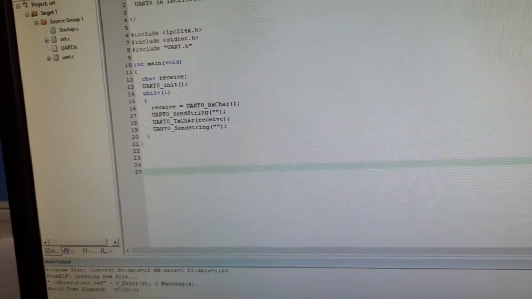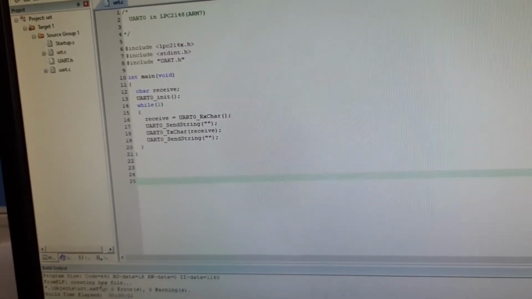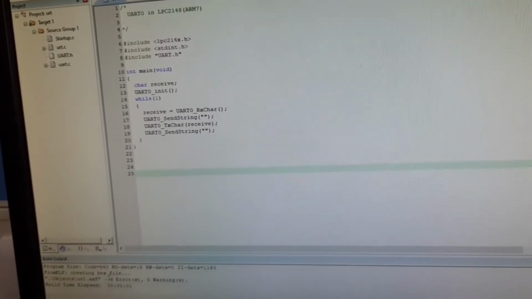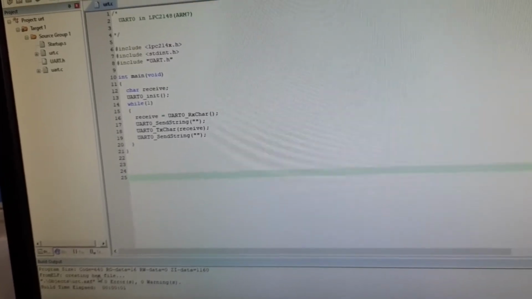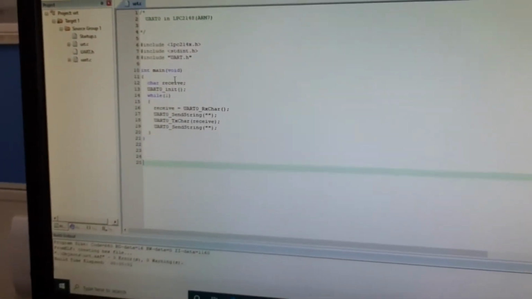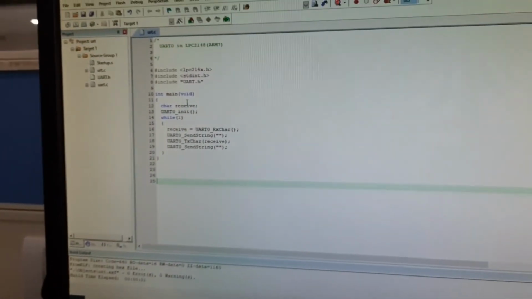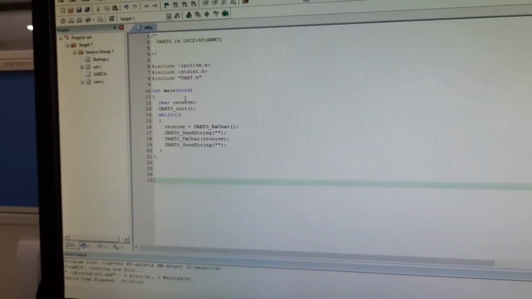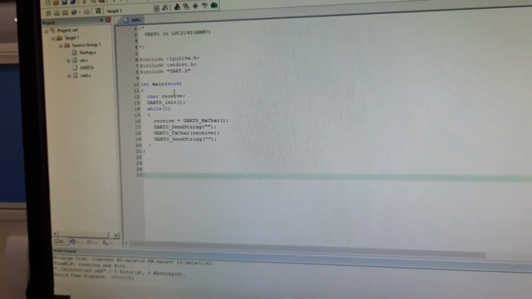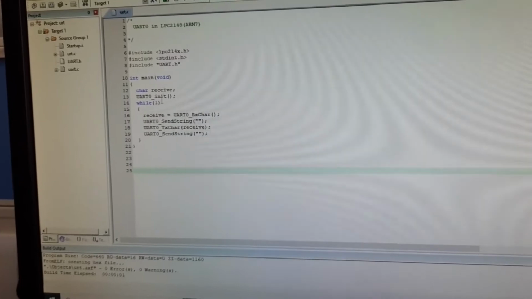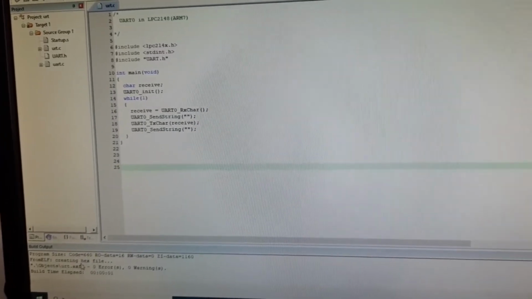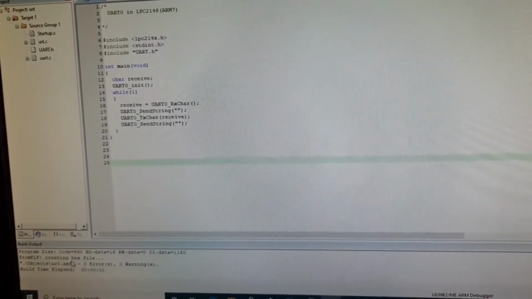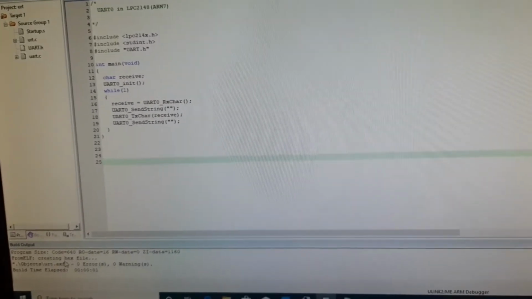So that is fine. Now create the hex file. You will get another message, creating hex file. That means your hex file is the machine-understandable format of this code. This code is only understood by humans. In order to be understood by the machine, we need to convert it into a hex file. That is done by using the linker. Now that is saved in some part of your folder. Where is that hex file? We have to search for that.